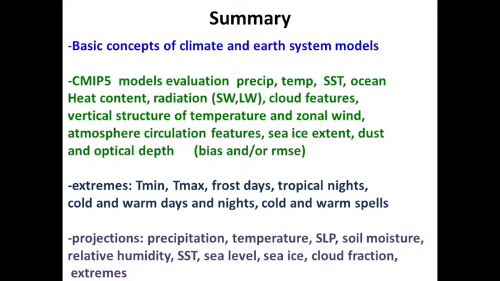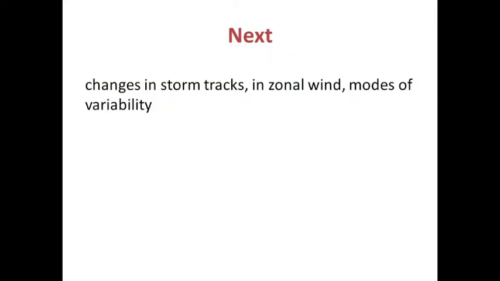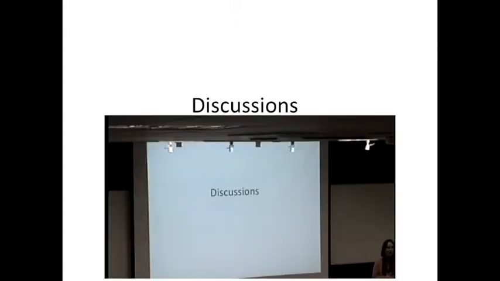And we saw some features of extremes that are important also. And the projections: precipitation, temperature, sea level pressure, soil moisture, relative humidity, SST, sea level, sea ice, cloud fraction, and extremes. Tomorrow, we will see some changes in the storm tracks, in zonal winds, in modes of variability. But today, we will do some discussions about